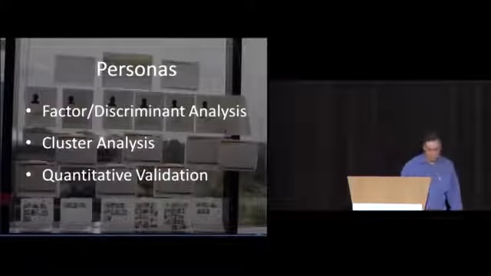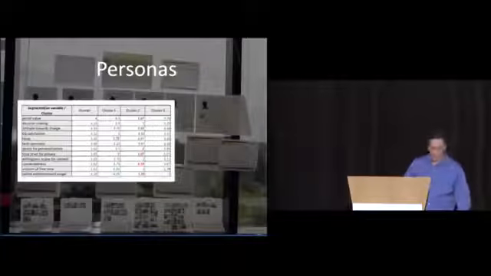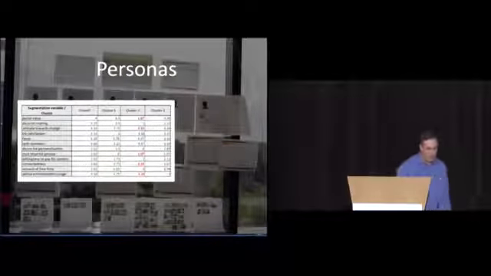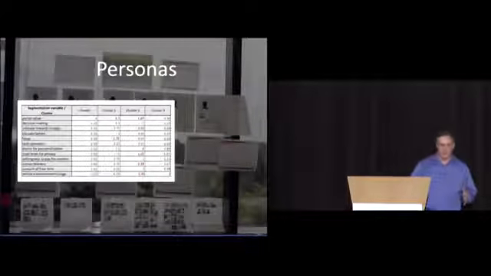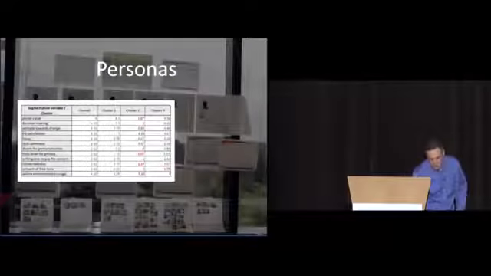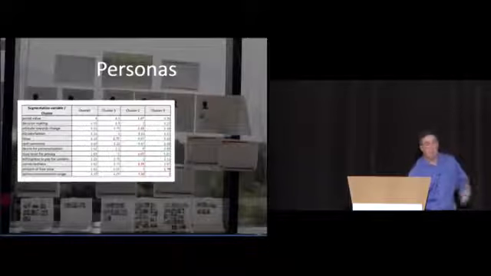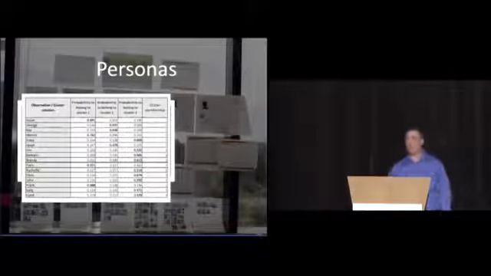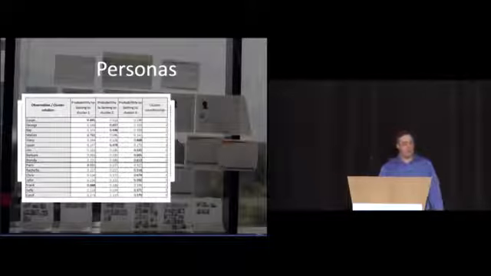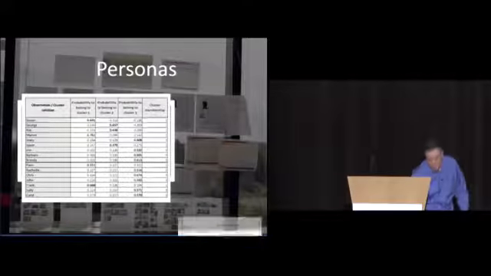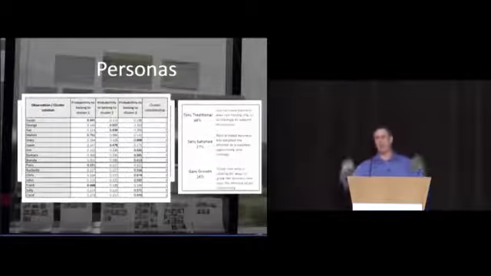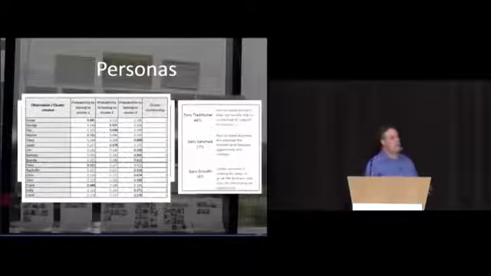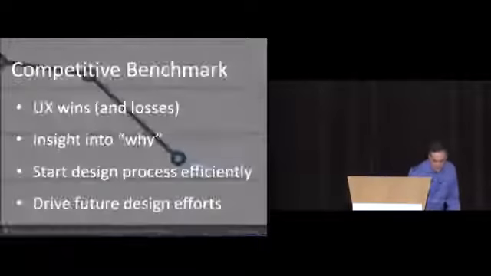actually data behind this. This is, you probably can't see it, but this is just an example of the results of, in this case, a factor analysis to see what different groupings are for different kind of characteristics of users. And then you can see of all the people, which people belong to each of those kind of clusters or groups, and then the results of a quantitative validation. Say nearly half of our users are a Tony Traditional, and 27% are a Sally Satisfied. Once you have this data, it can really speak volumes.